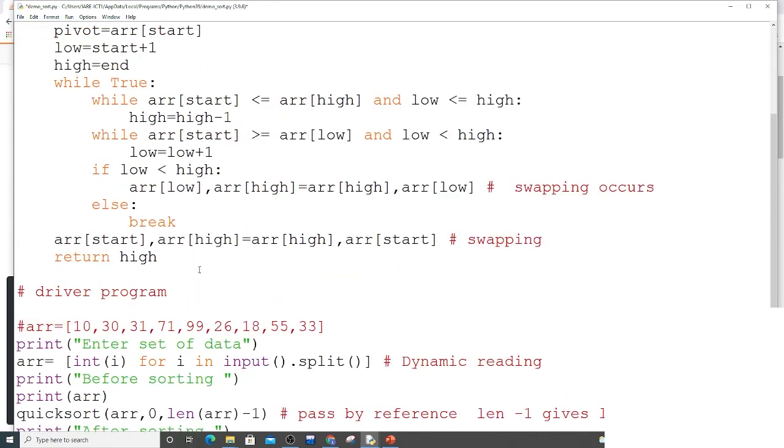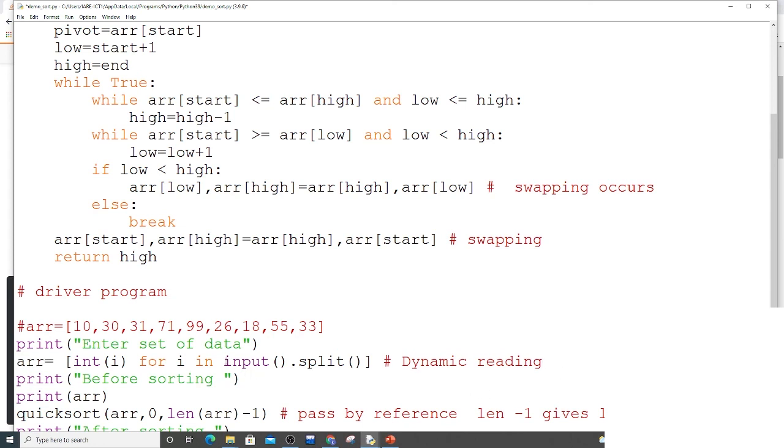And remember, reading data is also essential. Here I am reading only integer data. If you want float, then you have to typecast to float type. And if you are reading a single character, then you have to check with its character format. But most of the time, quick sort is applicable for numerical or integer data. So read the data and store it in a list. Generally in normal programming you will say array, but here you will say list. So the data is stored in an integer list.